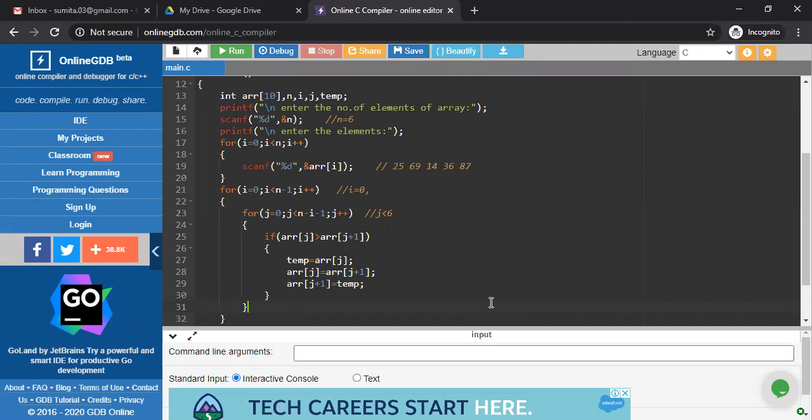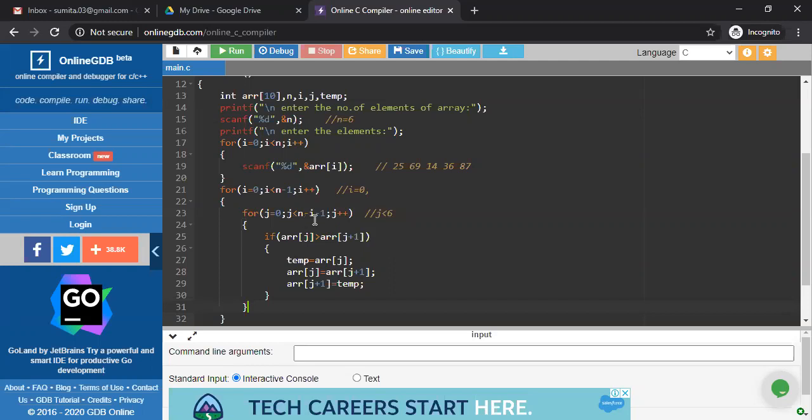5 comparisons. So how do you get this 5? You can get this 5 in that way. That's why this is your inner loop structure. Means n is equal to 6, i equals 0, and n minus 1, which is less than 6.